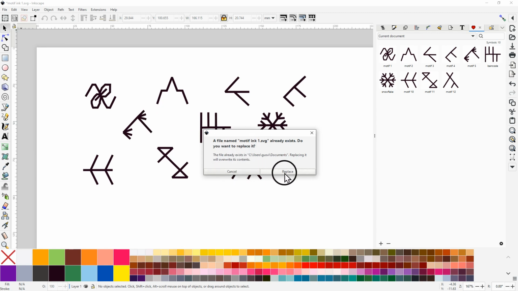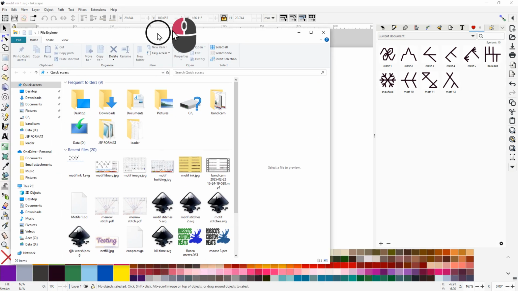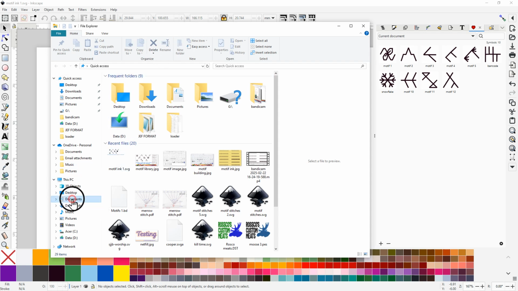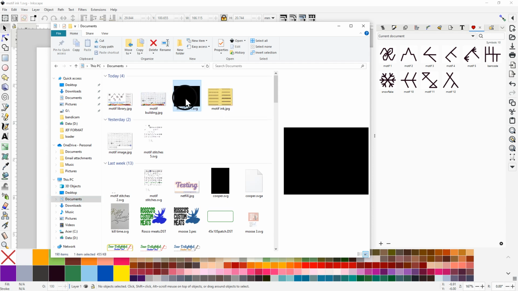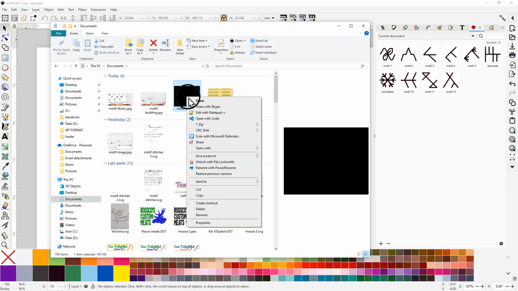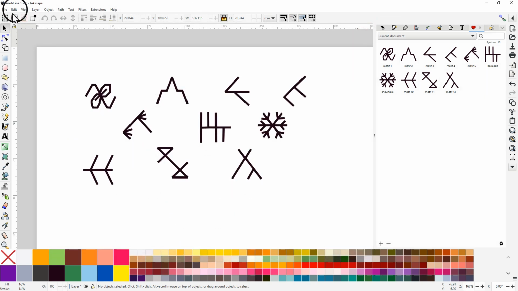So then we save, and then I want to replace it in this case. So what we do is go into the location where the file was saved, and that was called Motif 1. And then we right click on it and do a copy. So now I can close this one. We go copy, then we go back into Inkscape and we go Edit,